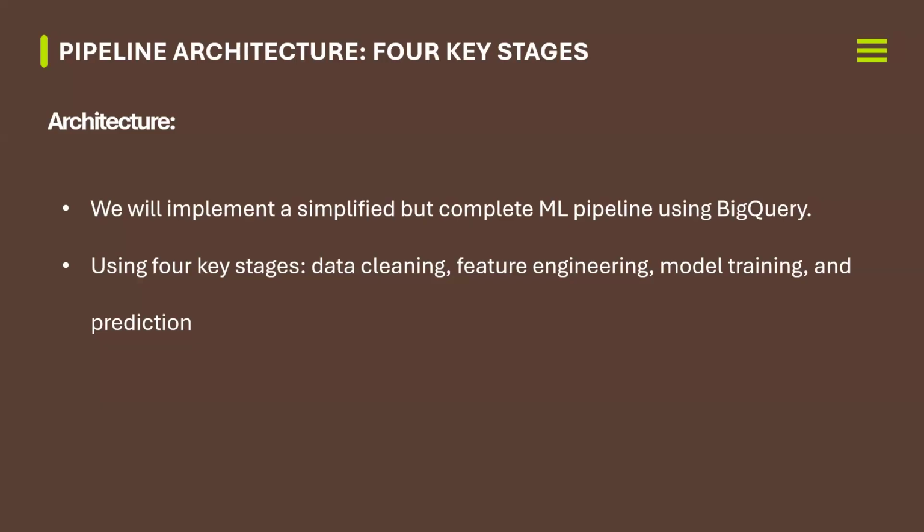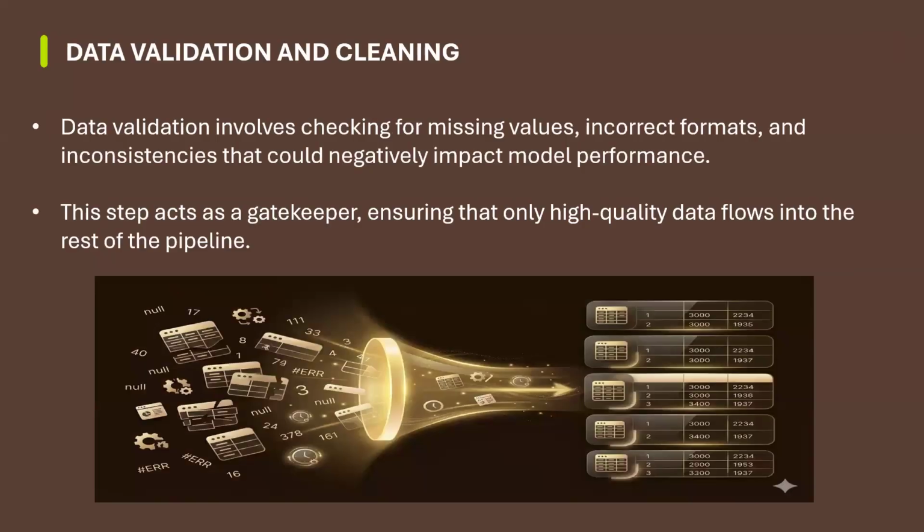So like I said, key four stages: we'll clean, feature engineer, train our model, and we'll make predictions. Data validation and cleaning. So this is the first step in our pipeline. Like I said, it is a connection of different steps. That's what makes up a machine learning pipeline, right? So data validation is very important. It is the start, basically, the start for any machine learning workflow.